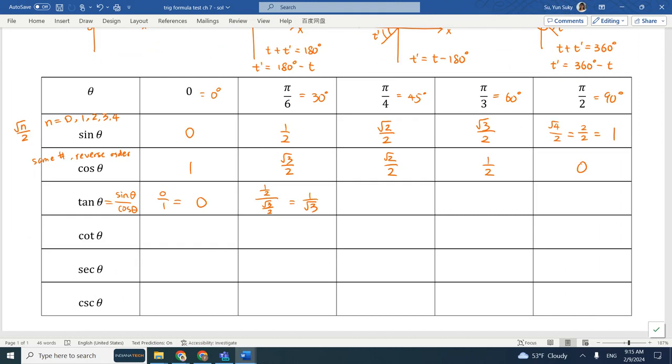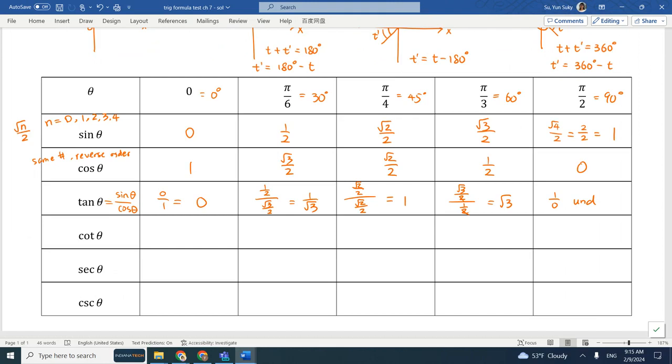Yes, everybody? Okay. What is the next number? Yes. So square root of 2 over 2 over square root of 2 over 2. What is that? Yeah, that's 1. Good. Oh, 0 again? Yes. The square root of 3 over 2 over 1/2. The 2 cancel. We get root 3. And then the next one. Undefined. Good. 1 over 0 is undefined. Okay, now